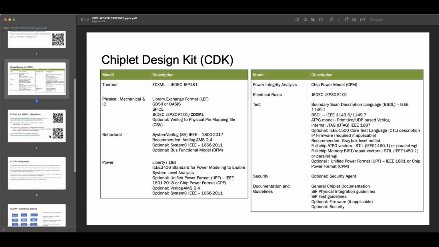Got it. My point is, today, if you look at a product data sheet for any IC, most of this information is available in the data sheet or the technical reference manual, right? There are a few additional things that you would need if you're doing chiplets, which is a little bit more, quote unquote, invasive in terms of the details.